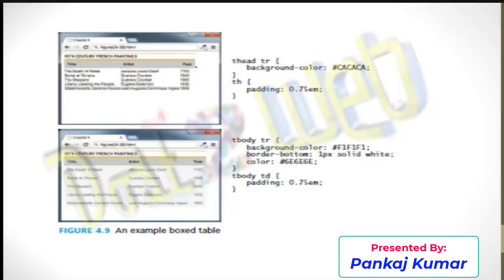Now what is the meaning of zebras? It's very simple. You know very well, a zebra is like one black, one white, those shades will come, right? Then when you want to design the table that way, one row will be some different color. When you go to the next row, that will become another color.